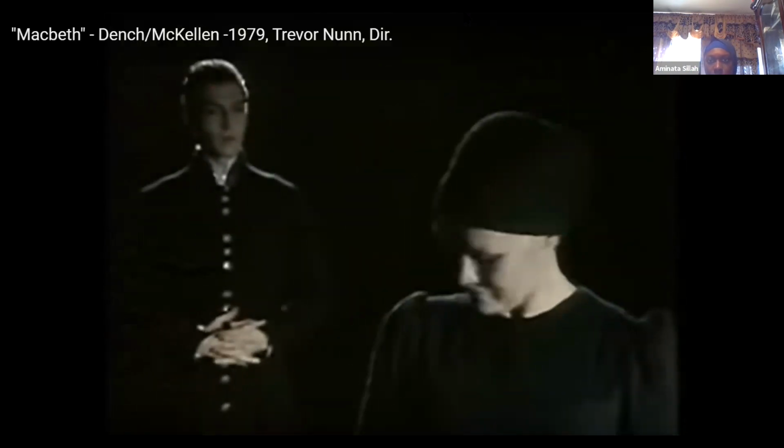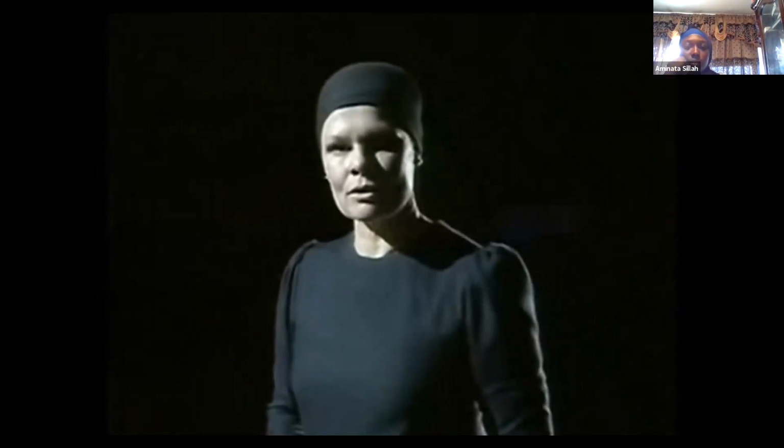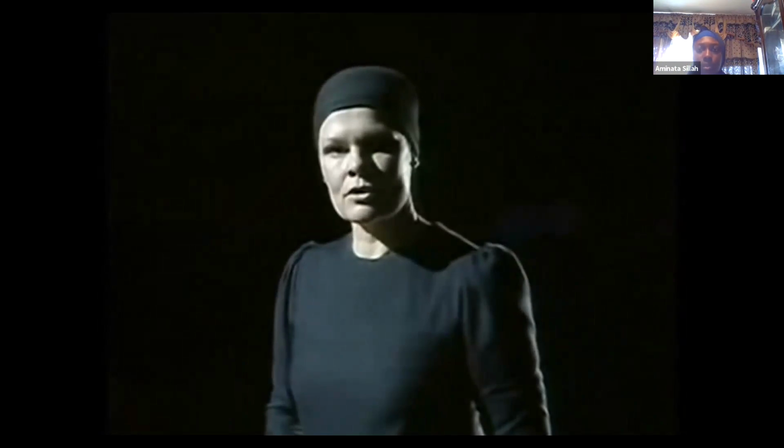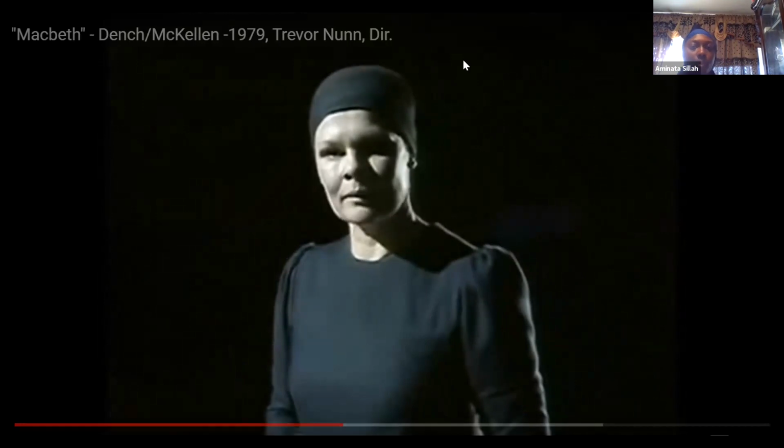What is your tidings? The king comes here tonight. Art mad to say it. Is not thy master with him, who whatso would have informed for preparation? So please you, it is true, our Thane is coming. One of my fellows had the speed of him, who almost dead for breath had scarcely more than would make up his mess. Do give him tending, he brings great news. The raven himself is hoarse, that croaks the fatal entrance of Duncan under my battlements.